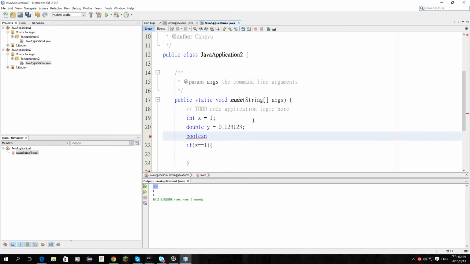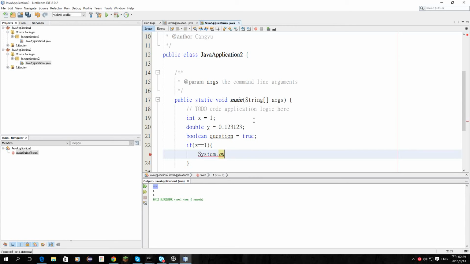Two cases we can use this, like question equals true. And how do we use the if? If x equals 1,